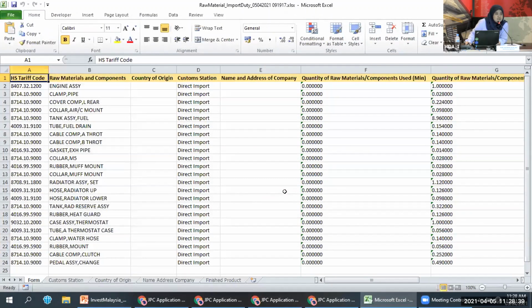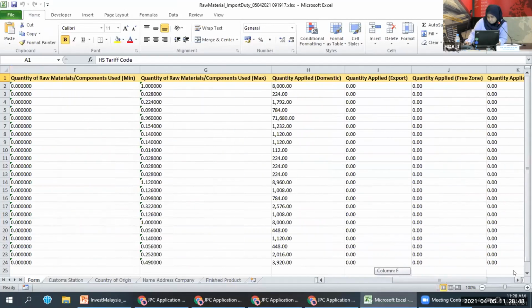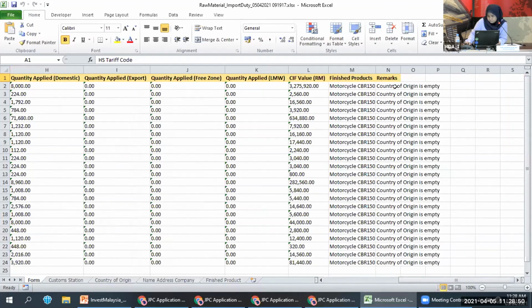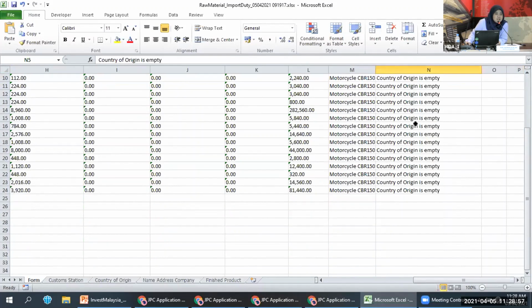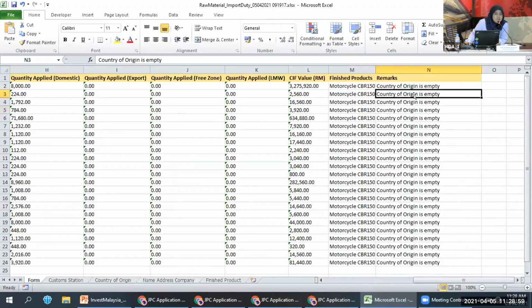Okay, this is an example of the Excel file with the error. What you have to do is go to the last column, the remark column. Here you can see it says that country of origin is empty.